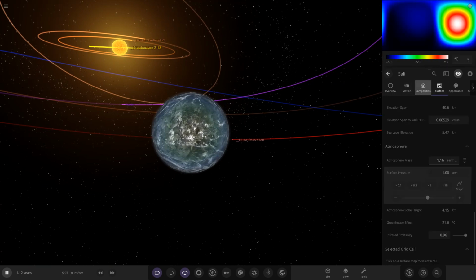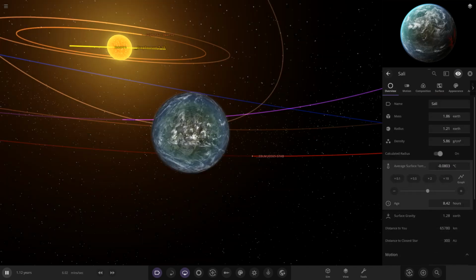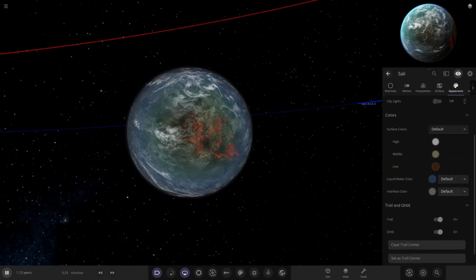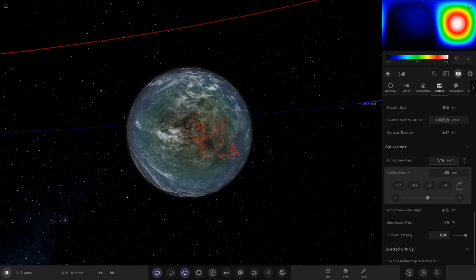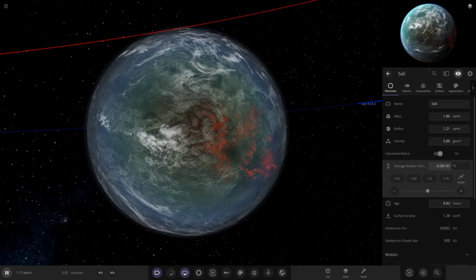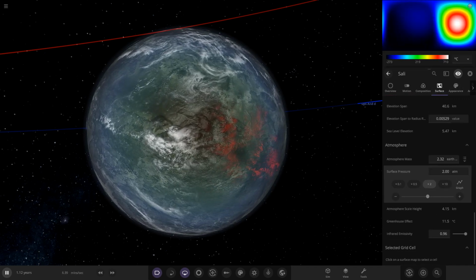Right, let's go back to motion. What about if I halve it? Surely now that will start to warm up. No, it's still getting too cold. What do you need to do to warm these things up? Right. Yeah, ever since the surface grids, warming objects up has been a monumental challenge. Still getting too cold. Yeah, you used to be able to just give them ridiculous atmosphere pressures and then they